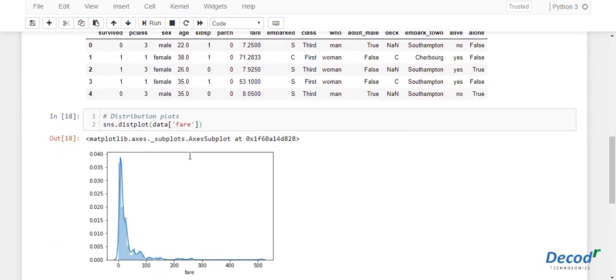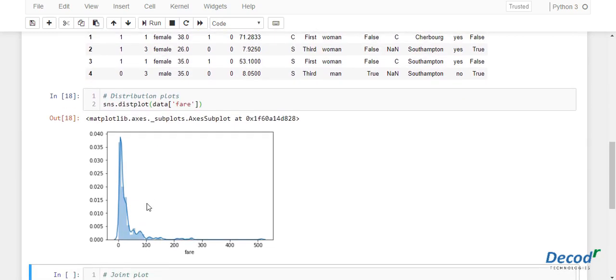You can see that most of the tickets that have been sold are in the range of 0 to 50. So here is the maximum number of tickets being sold. The blue line that you see represents the kernel density estimation.